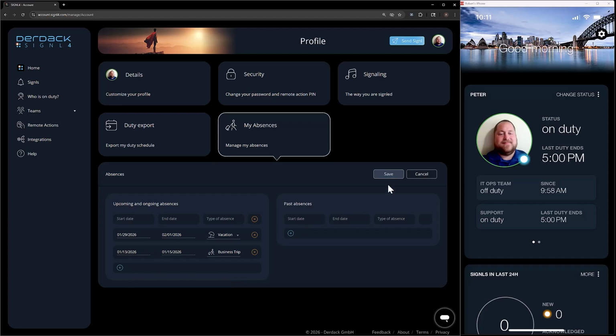So now we'll have two different time offs for Peter here. One is a business trip, so he is still working, but he won't be available to take incoming alerts as they arise. So we want to make sure that we're aware of that. And then secondly, we have Peter's vacation here where he'll be gone. He won't be able to do the work at all, as he should not on his vacation. So this is how our users will go in and enter their time off inside of the SIGNL4 subscription